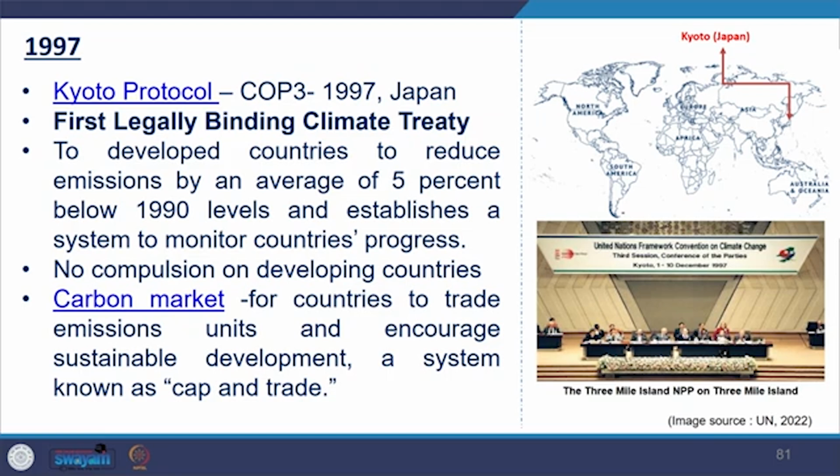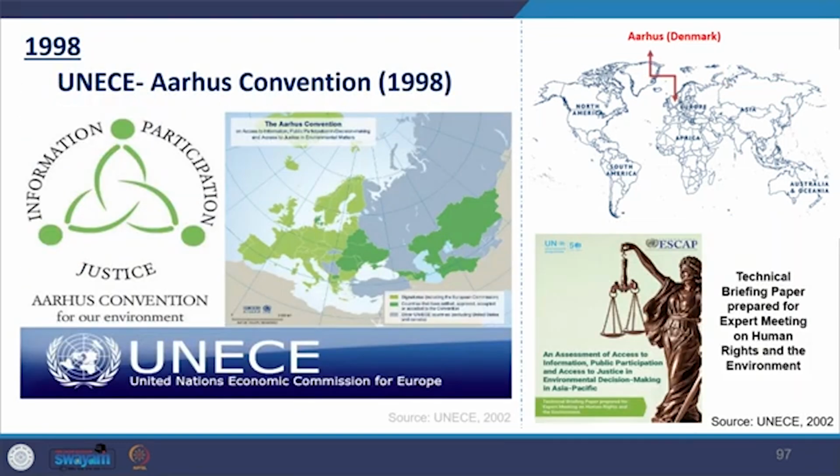However, it was not compelled upon the developing countries, including China and India. In this, we also see the setting up of a carbon market, and the concept of a system known as cap and trade was mechanized here. So in 1998, we see the UNECE Aarhus Convention on Access to Information, Public Participation in Decision Making, and